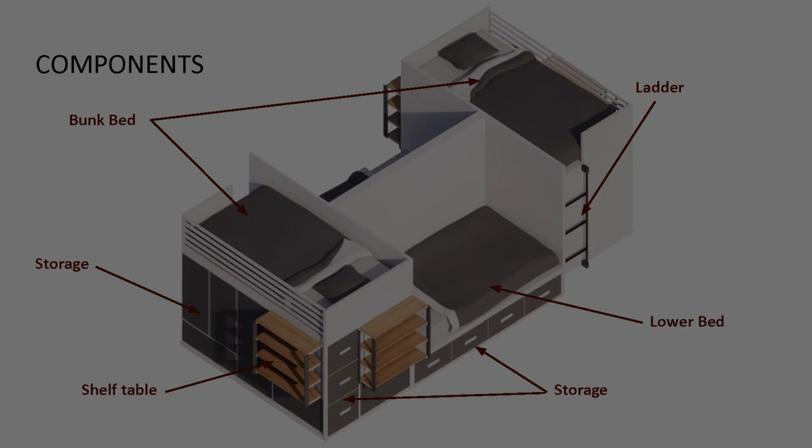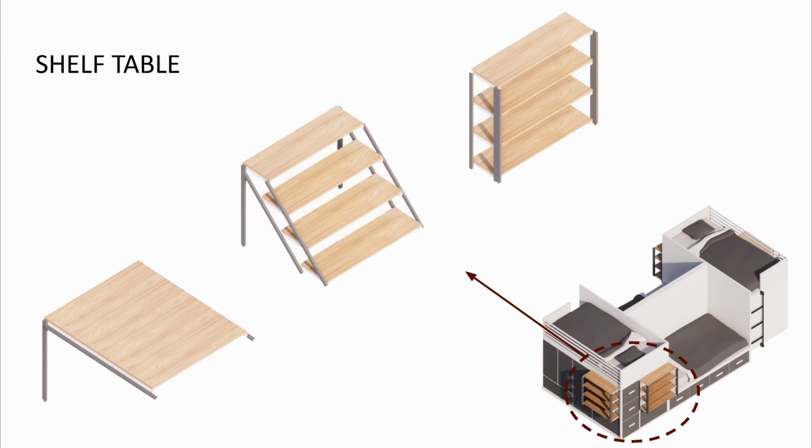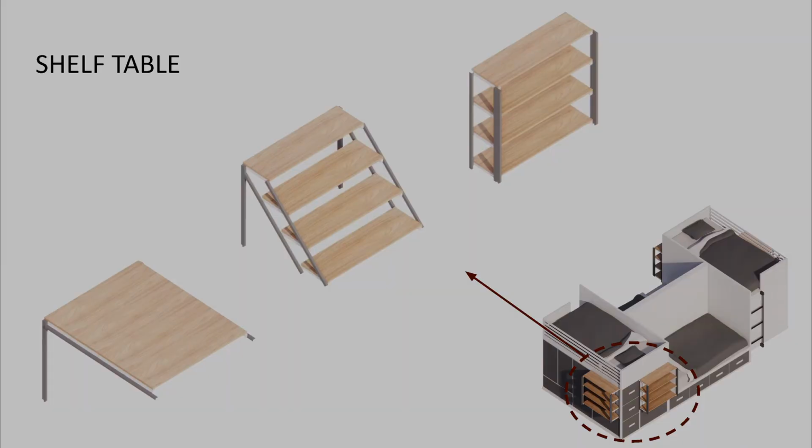The shelf table is one of the flexible pieces of furniture that is widely used. It is a piece of furniture that the users can slide down to form into the table, which allows the users to freely adjust the furniture according to his or her needs.